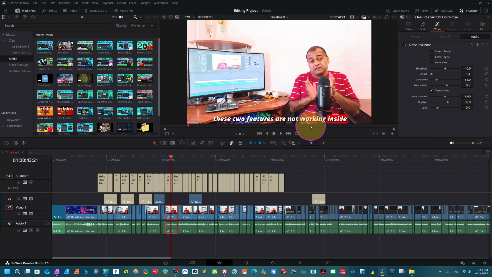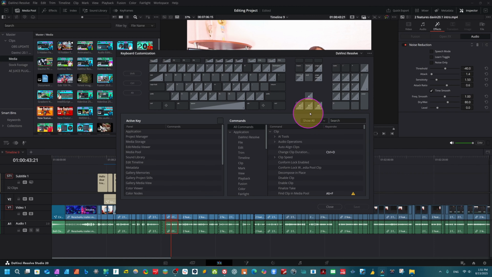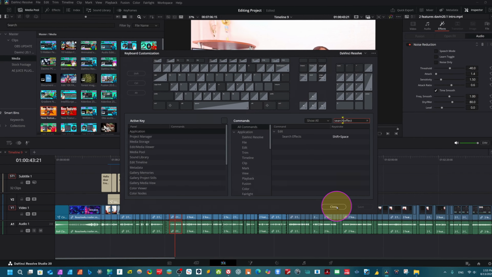Anytime, press Control Alt K and come here. Just click application here, and here just type mouse pointer. You see playback. Now you can change your keyboard shortcut from here. I need only this default, but you can change it anytime. And in the same way, type here search effect. You see now we have search effect here, shift plus space bar, but you can directly add your own custom keyboard shortcut. I use this default only. So these two features are game changing features in the new DaVinci Resolve update.